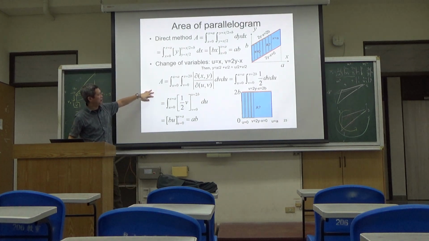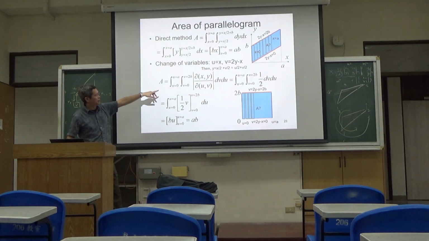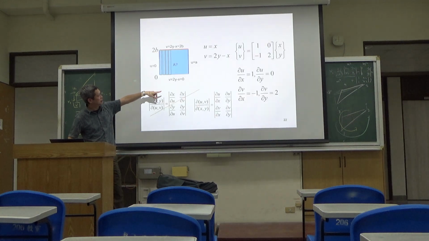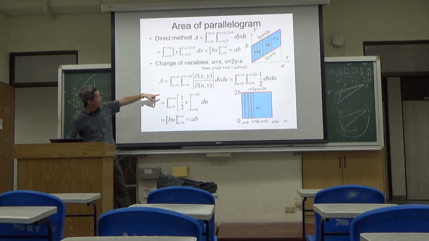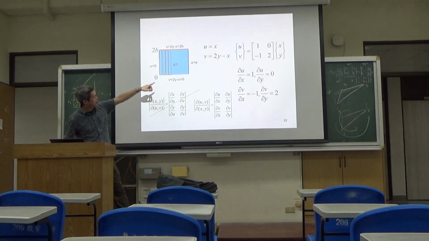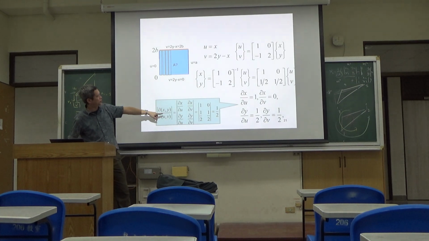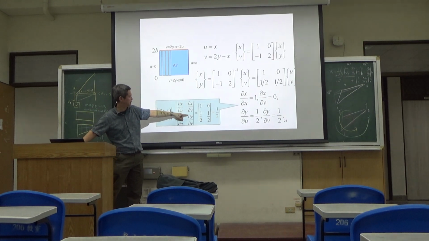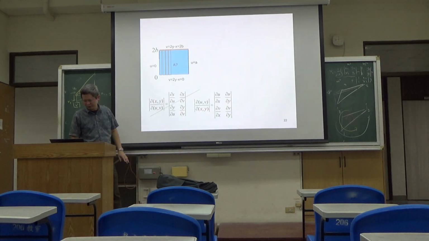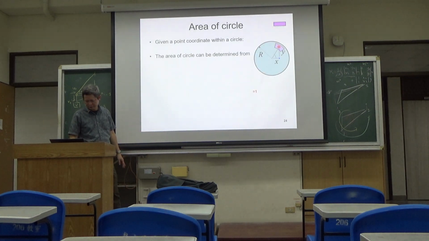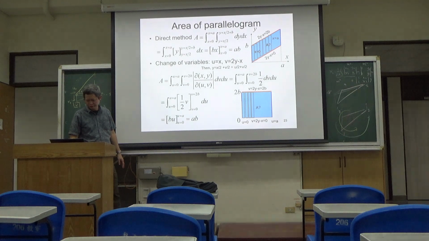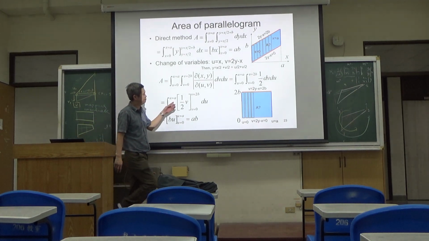This is the indirect method by Jacobian. By doing the, look at this, del x del u thing. Okay? Look at this Jacobian, del x del u, del x del v. If you now do this determinant, then you can see that how simple the